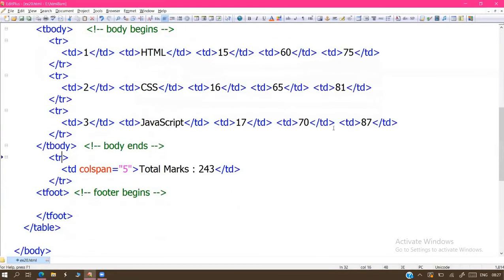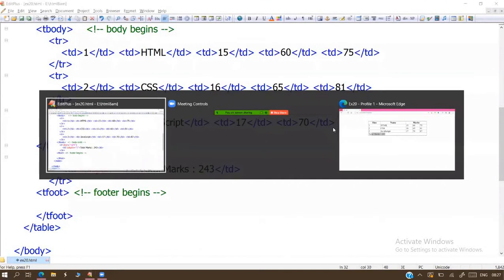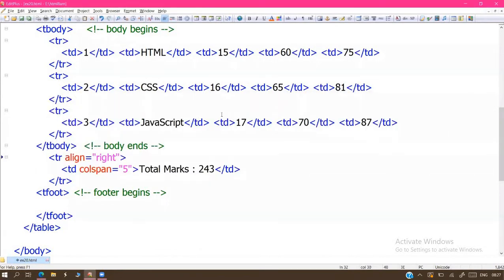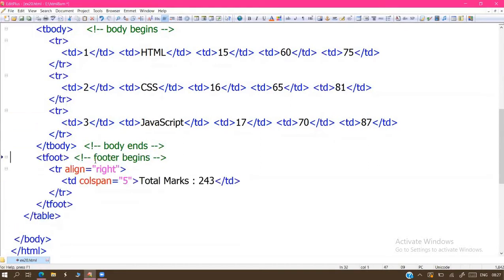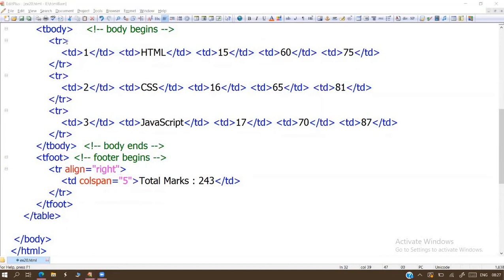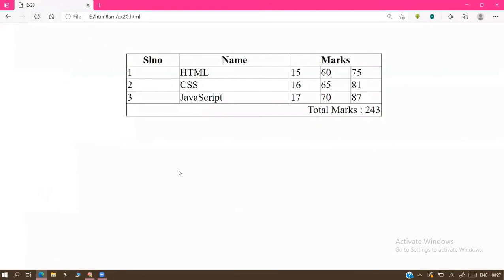Yes, it's possible, align right. This is the right side.